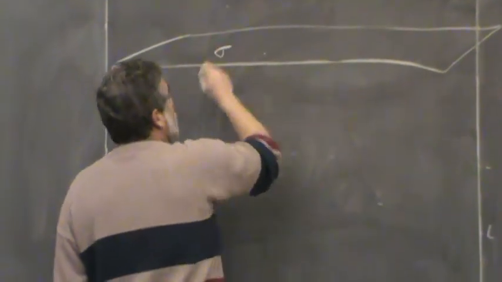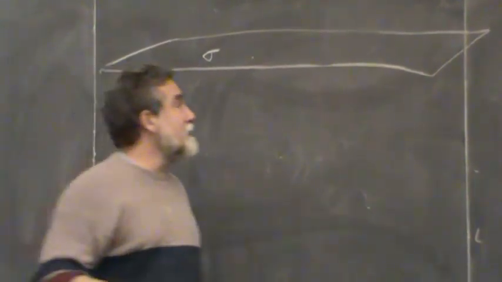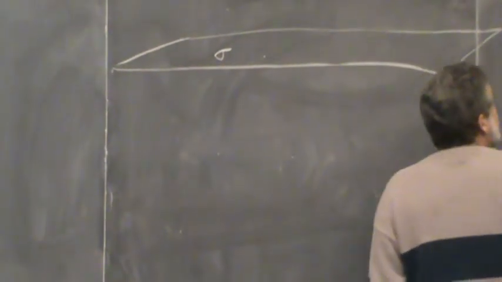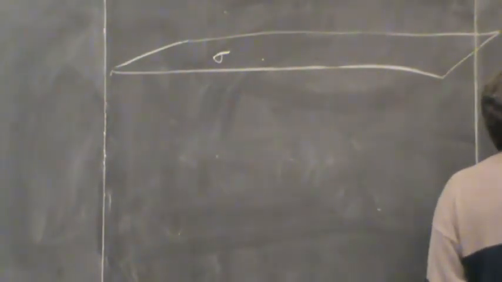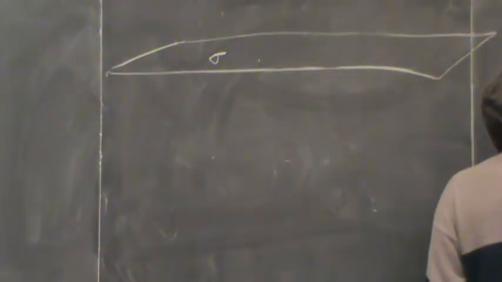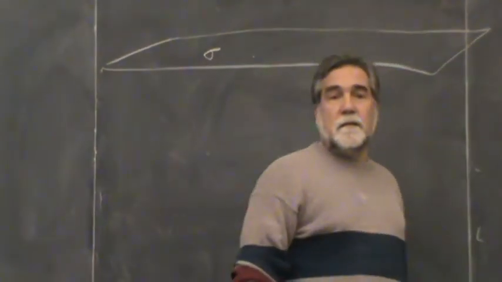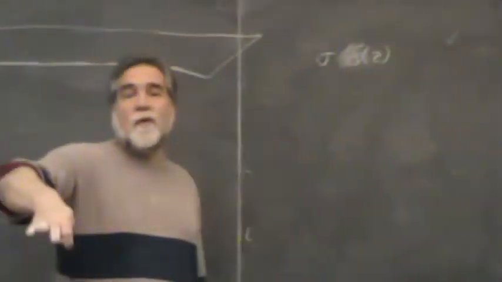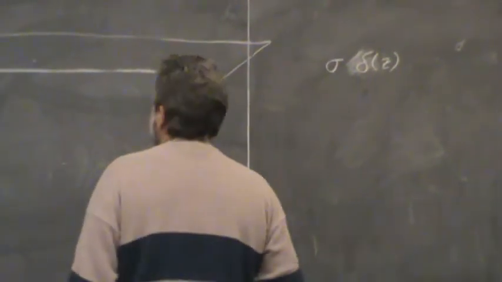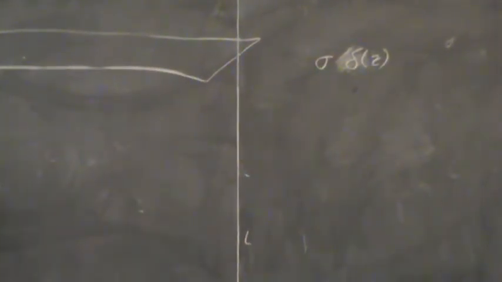With a constant charge density on it. So I want to technically write the charge density. It's sigma delta in z. Okay? So that charge is in the xy plane. Right? And my Gauss's law